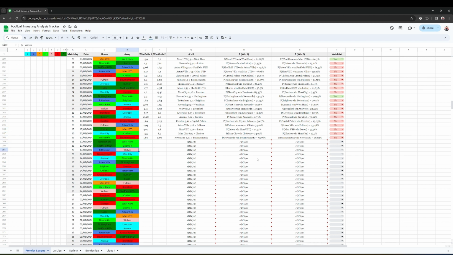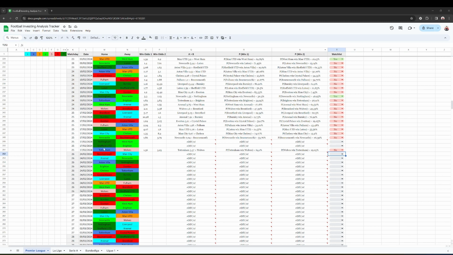I'll start with Tottenham against Wolves. So Tottenham, they are 1.56 favorites against Wolves, 5.25. So it is number 2 against number 5. Newcastle is number 4 against number 6. Yeah, it makes perfect sense to me. If you look at the table, Tottenham at the very moment they are 4th, undefeated in the last 5 games. Wolves are 11th. Makes sense.